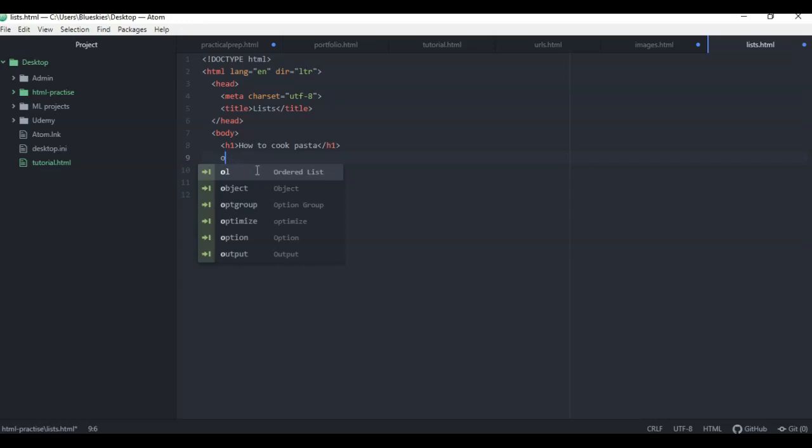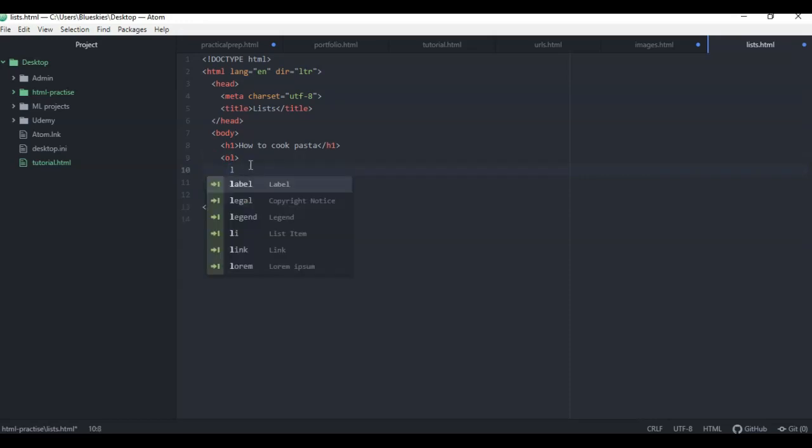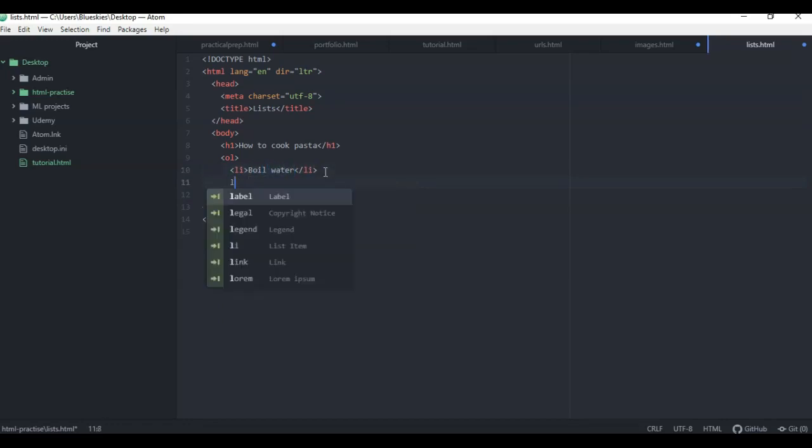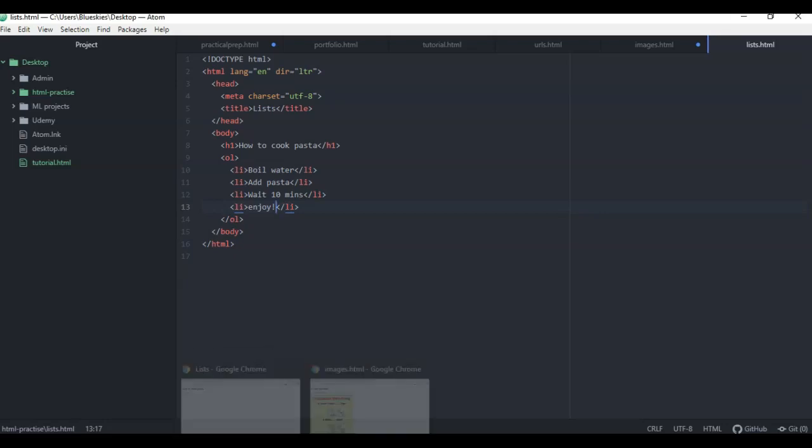So here we go. OL stands for ordered list. And now within here, we're going to put LI, and that's a list item. So, for example, boil water. And then we can just add another LI. Add pasta. Wait 10 minutes. Enjoy. So if we have a look at this now,